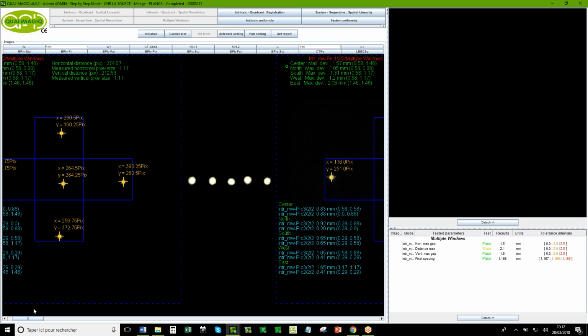But if you want to do this test, you need at least 2 energies because you want to compare the location of the source between the 2 energies. And what is very important, if you want to really test the camera and not test the alignment of the source, it's very important to have on this point a source with the 2 energies.